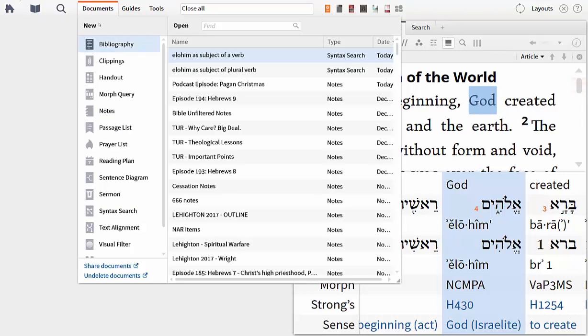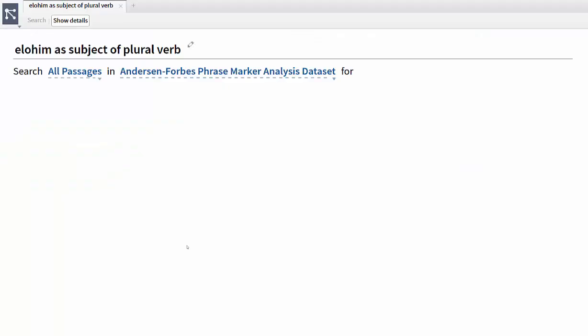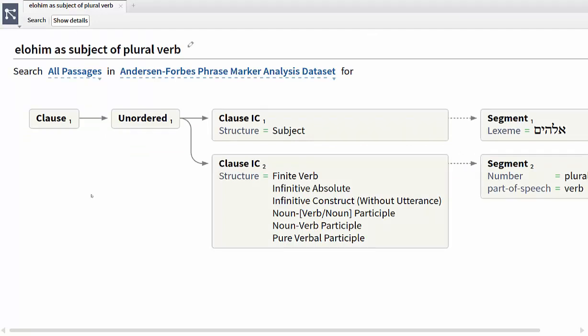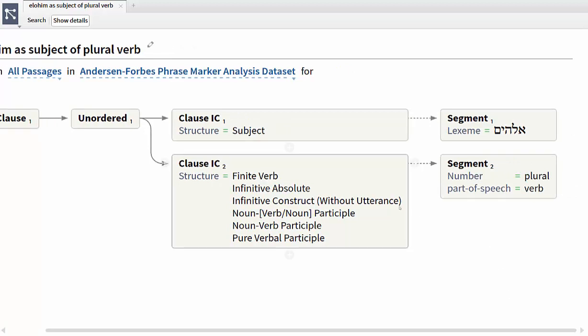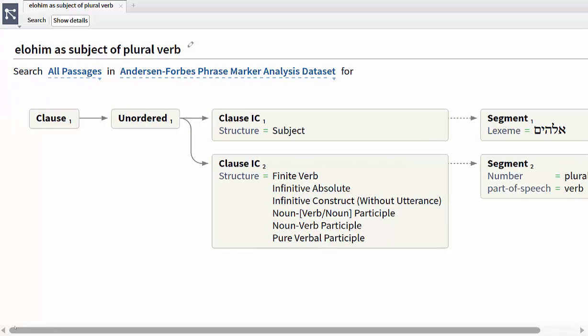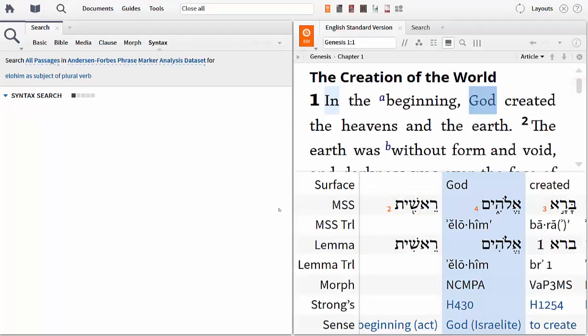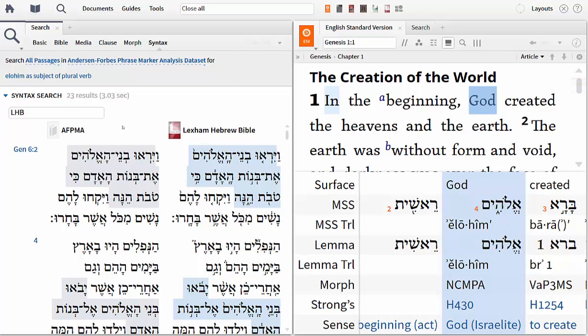We're going to go to a different search here. Elohim as subject of a plural predication. You notice all the elements here are the same, except this time I've added a segment, word level information, to the predicator, and I want plural verb forms. Very simple. So let's just see when Elohim is the subject of a plural form. Remember, we had 432 times Elohim was the subject of a verb, any verb. Here we only have 23 times in the Hebrew Bible, so it's pretty rare, where Elohim is actually the subject